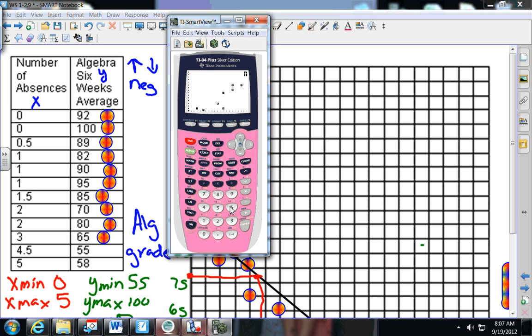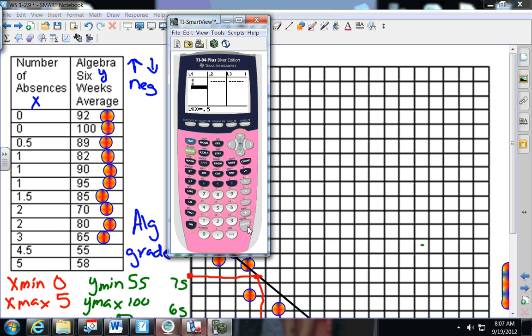Let's go second plus 7, 1, 2. Now, how do I get to where I need to enter the data? Stat. Stat is right here. Stat and enter. Up here on your answers, at your table, 0, enter, 0, enter,